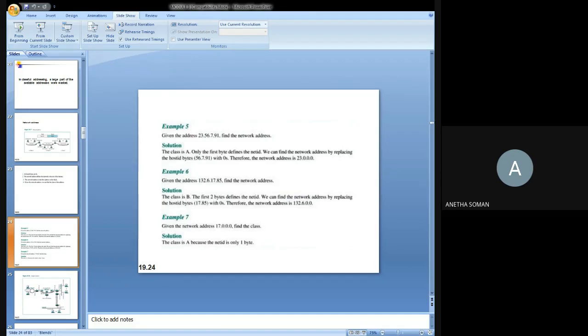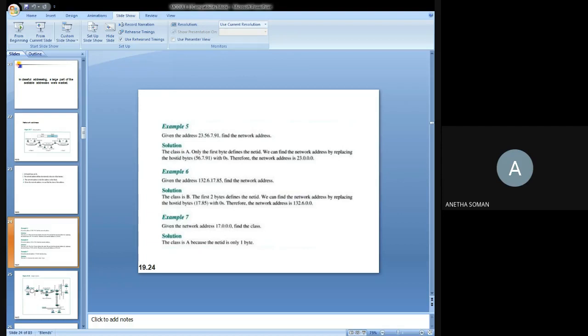In class A and B, you are not at all using all the addresses, so much of the addresses are wasted. But in class C, it is not satisfying the needs of the organization because it is provided with only 256 addresses. Maybe for a small organization, more than 256 may be required. So it is lesser than the needs of the organization.